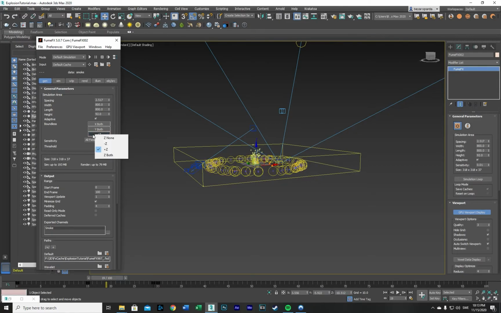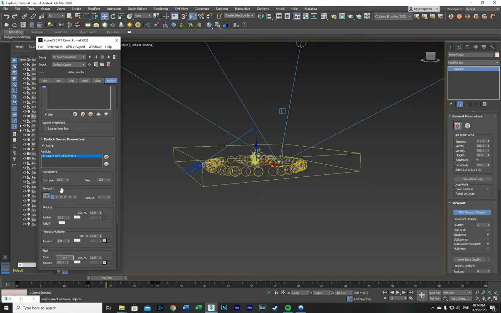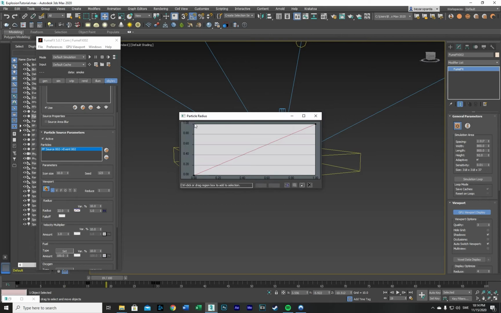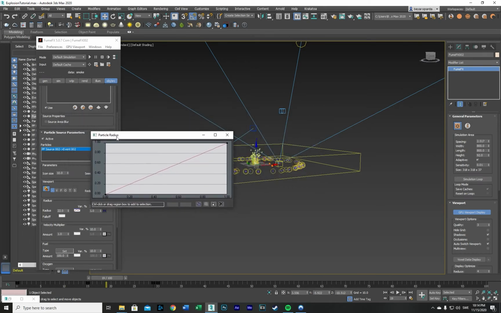Now this is going to increase simulation time, but I think that would give us the best results. And then we're going to go back to the radius of the spheres, and we're going to actually,